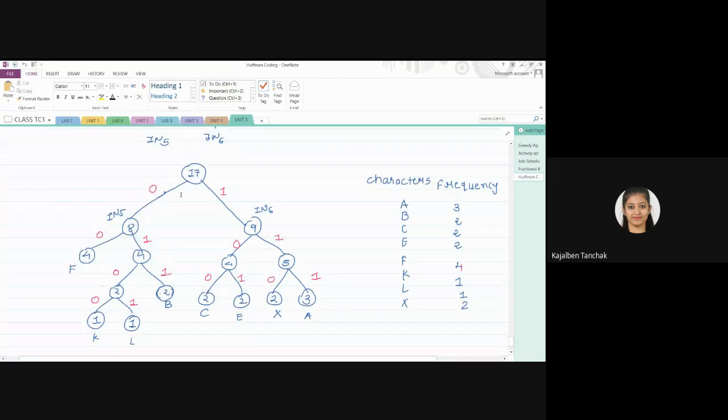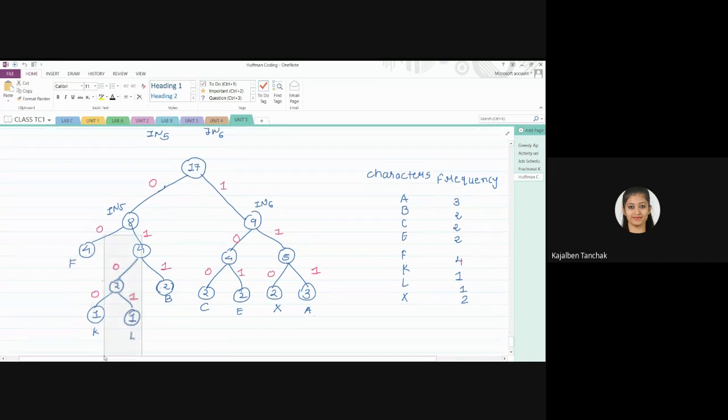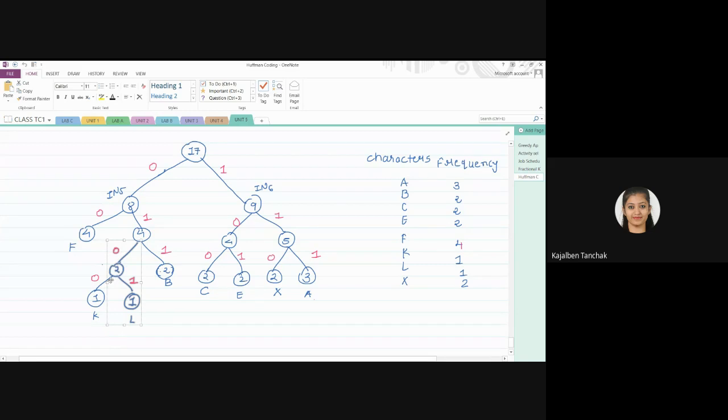Fine. Now see, there is a change. There is no fixed rule. Sometimes this tree you can represent on the left hand side also, on the right hand side also. There is no fixed rule. So whatever data you are sending, if the user is getting the same answer, then it is fine. If you represent on the left hand side, then the code assigned will be different, and the user will decode the message accordingly. If you use the right hand side, again there will be a different code. But that is fine, because no rules have been defined for that.